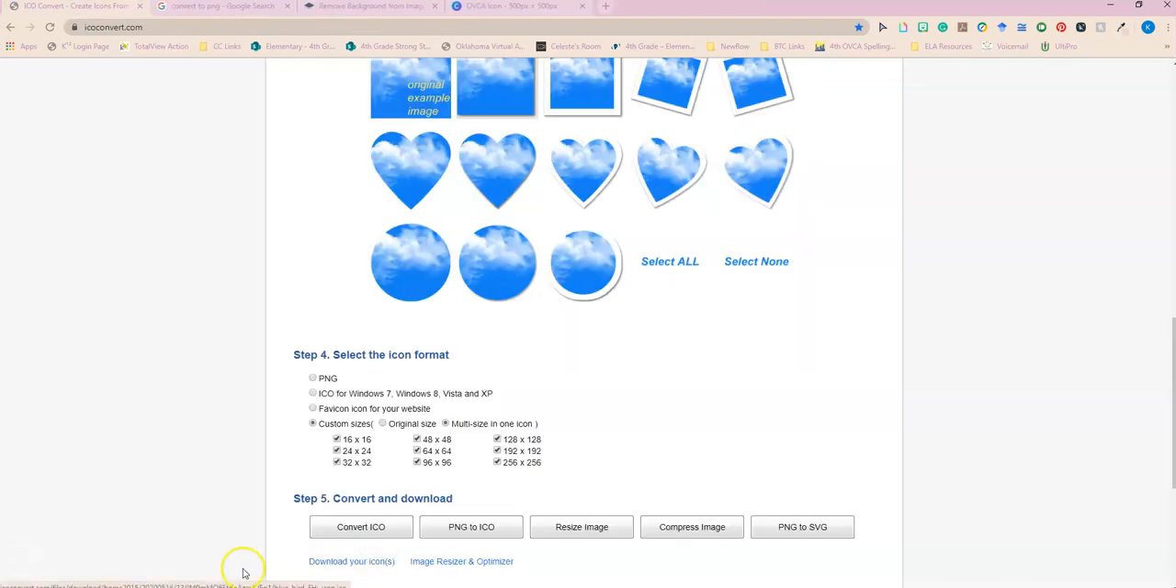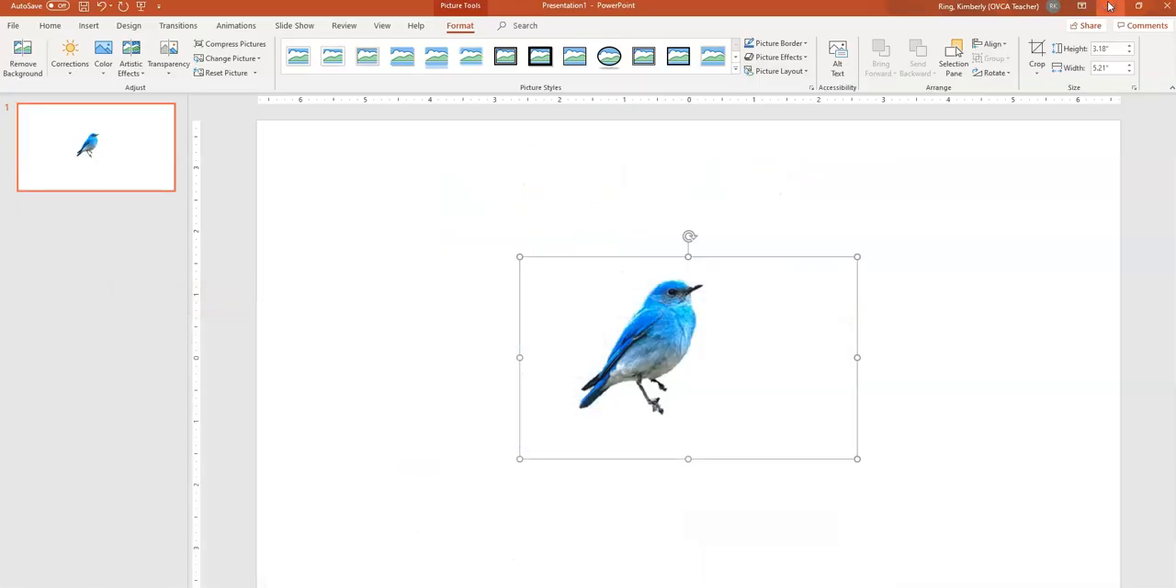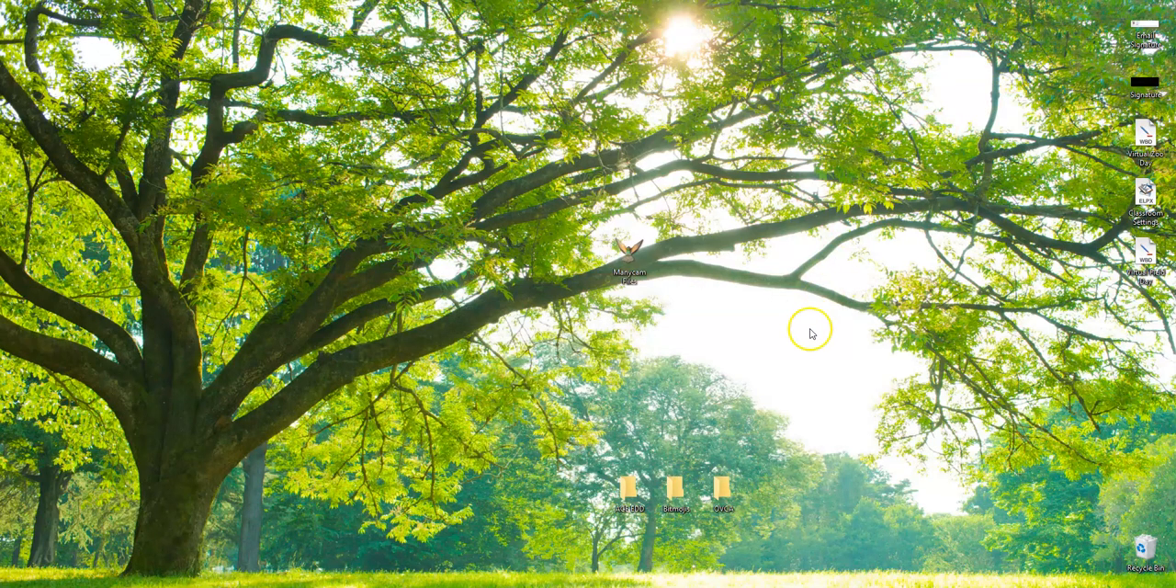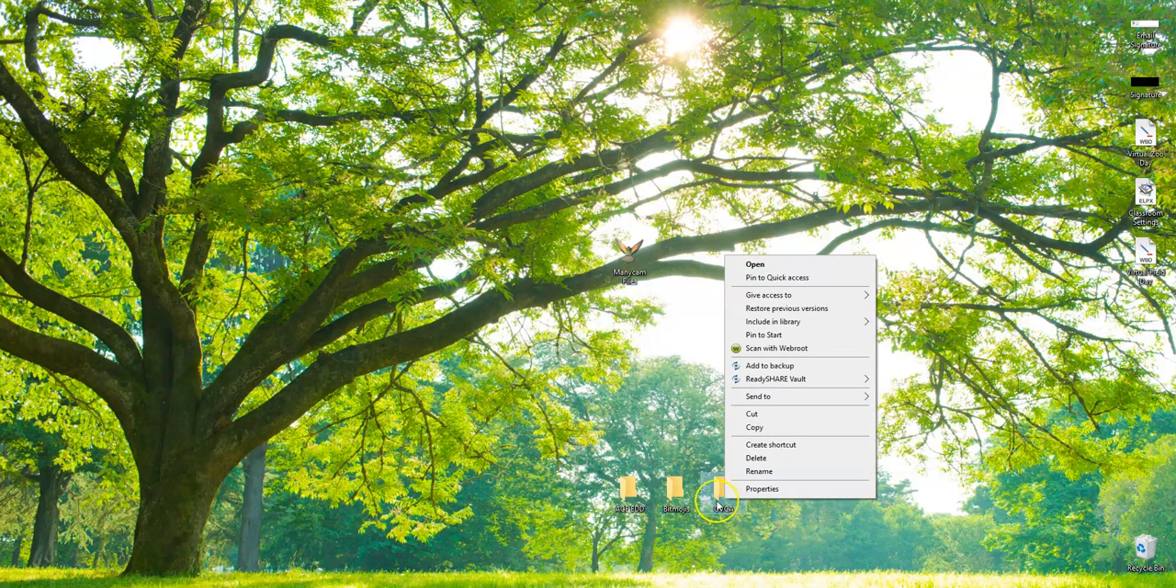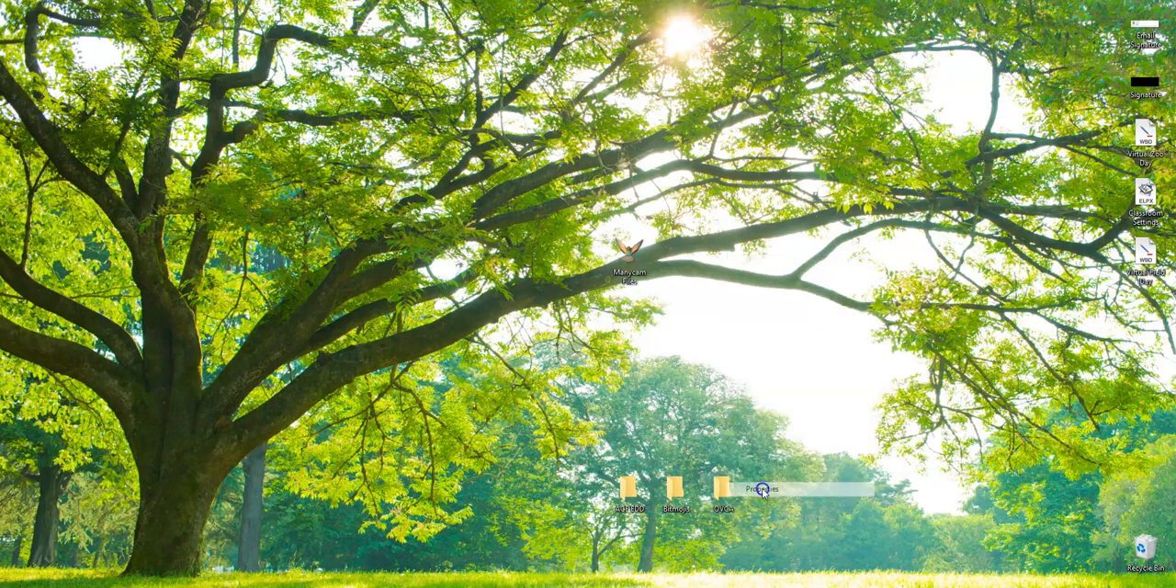Download your icon. It downloaded, it probably is off screen and off the recording, but it did download into my downloads folder. So now I'm going to go to my desktop and go to, let's just do this folder, and you'll right click on it. Click Properties,